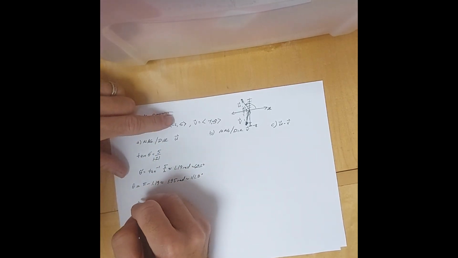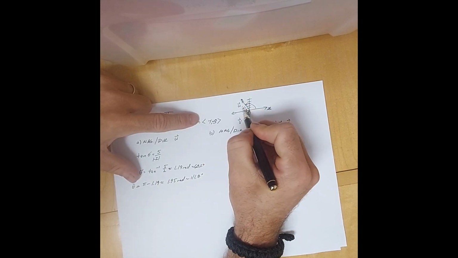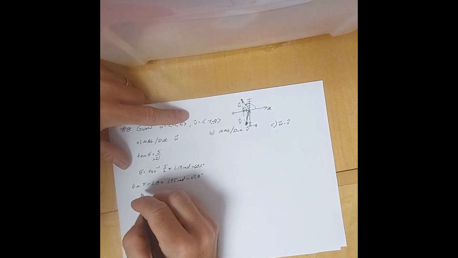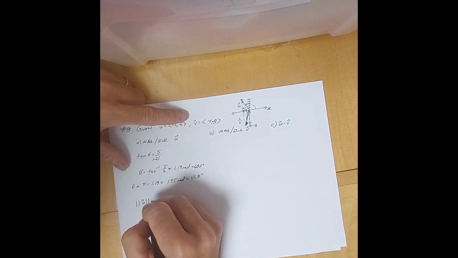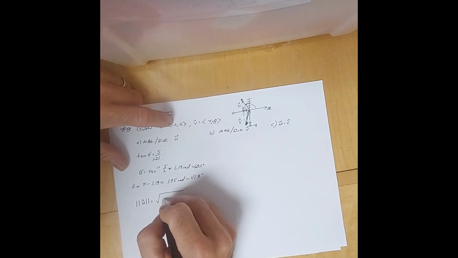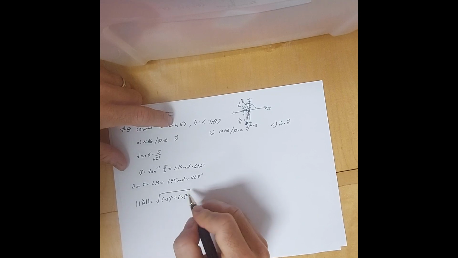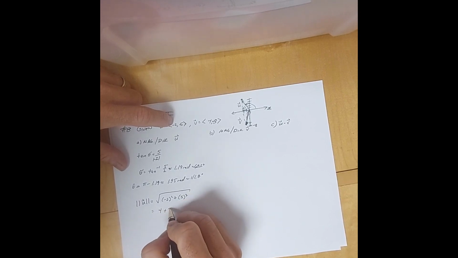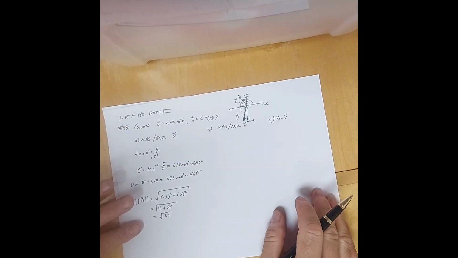And then the magnitude. So you can think of this as the Pythagorean theorem, right? You know the x-coordinate, you know the y-coordinate, so these are the legs of the right triangle, and we just need to use those to find out the magnitude. So the magnitude of u is equal to the square root of a squared, negative 2 squared, plus b squared, 5 squared. And so this is going to equal 4 plus 25, which is going to equal the square root of 29. Okay, and we'll leave that as an exact answer. We prefer that to the